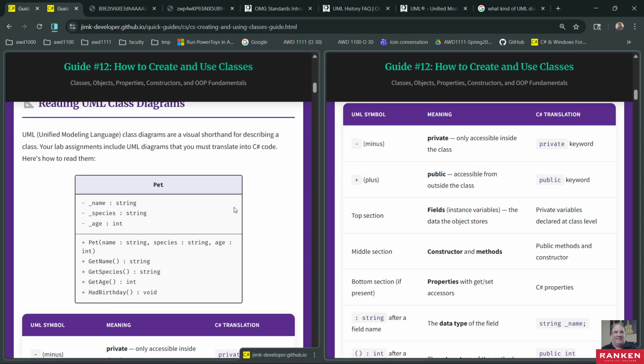The plus sign. It's possible that your variables could also be public. A plus sign is for public. It's accessible from outside the class. Okay. And I'll show you a little example where you try to access it and can't, we change it to public, and you can. In the top section, these are the fields, and these are also called instance variables,